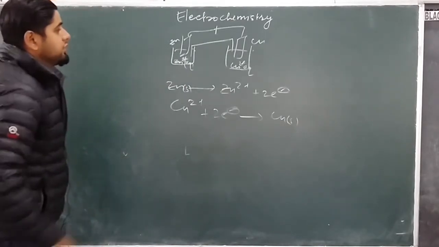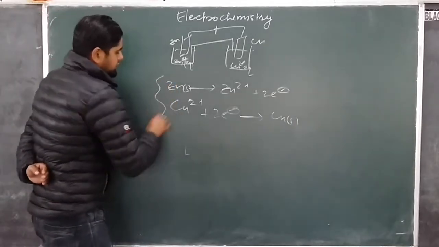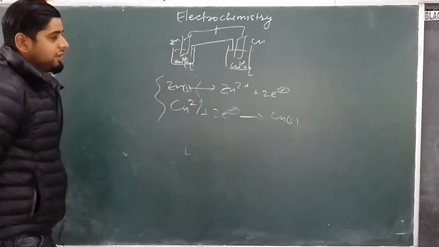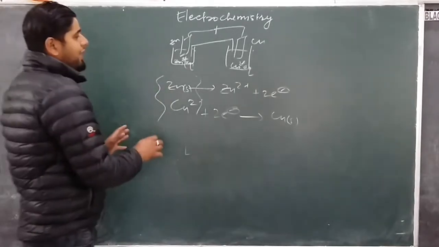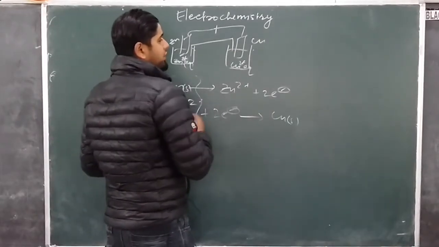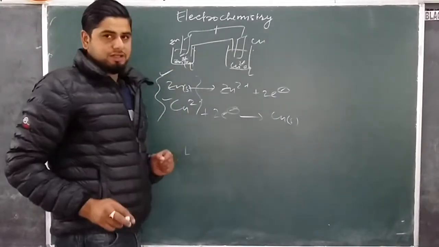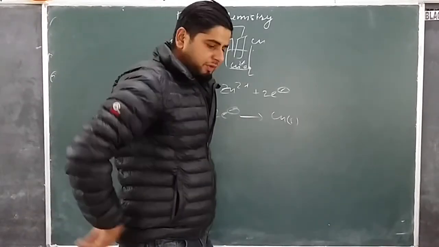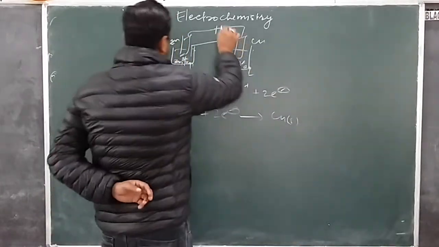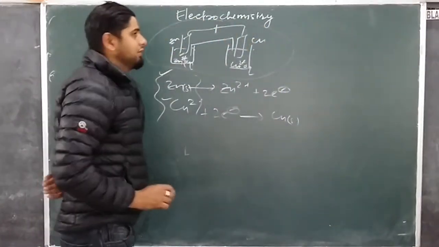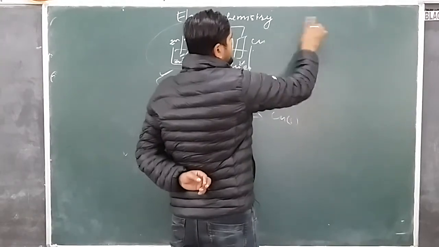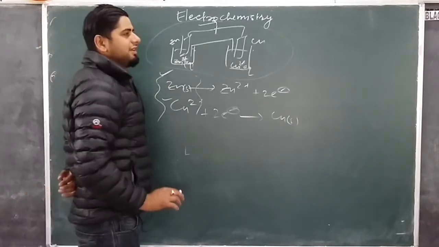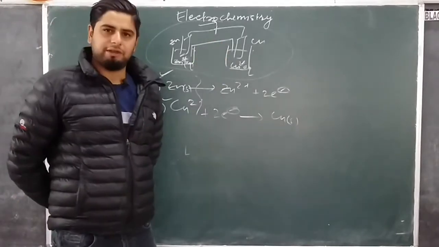So now, one is reduced, one is oxidized. Yes or no? But while getting the electrode potential for this and this, we consider the electron acceptance property of both of these electrodes. Suppose this is a simple Daniell cell or Voltaic cell. In this Daniell cell, electrons are produced. Now, flow of electrons occurs only if there is a net EMF.